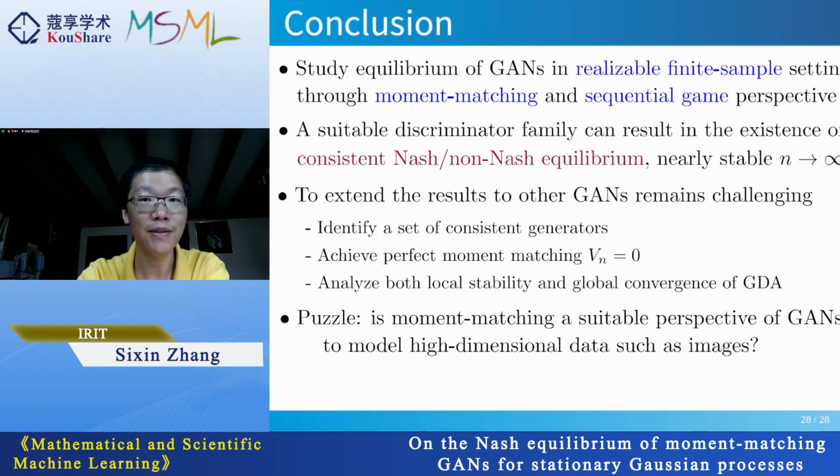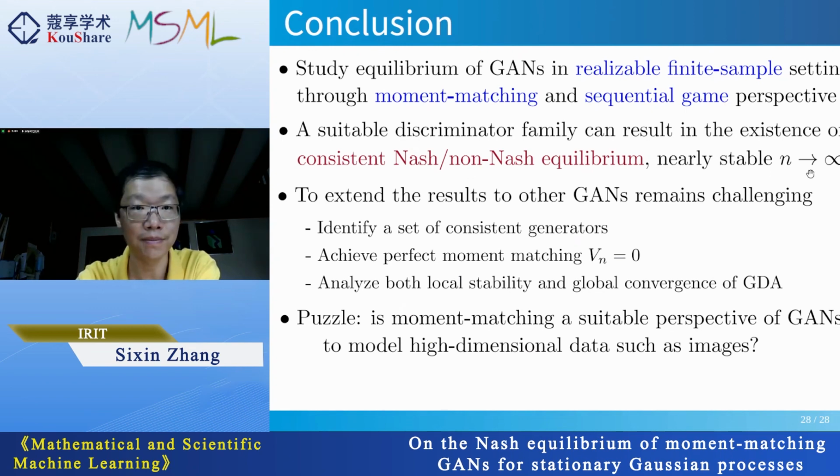Okay, so let me conclude. This work studies the equilibrium structures of GANs in realizable finite sample settings through moment matching and the sequential GAN perspective. The main finding is that a suitable discriminator family can result in the existence of consistent Nash and non-Nash equilibria. We can also show that this non-Nash equilibrium can be nearly stable when the number of data samples